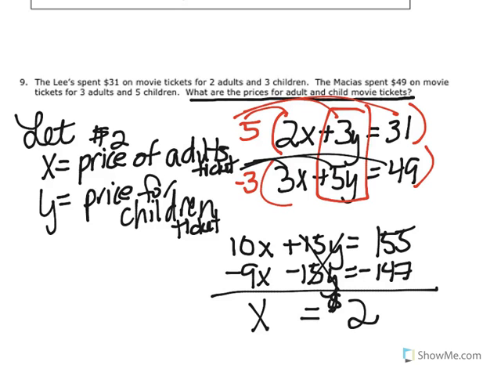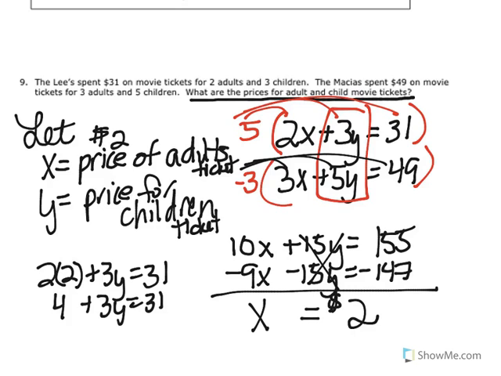So let's see, I'm going to use the first one. 2 times 2 plus 3y equals 31. So we get 4 plus 3y equals 31. Subtract 4, and you get 3y equals 27. Divide by 3,